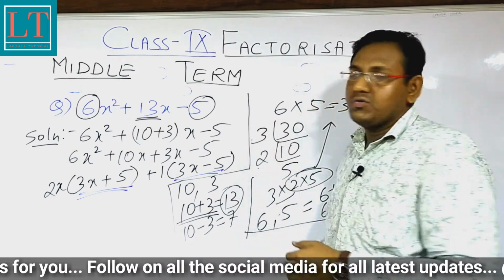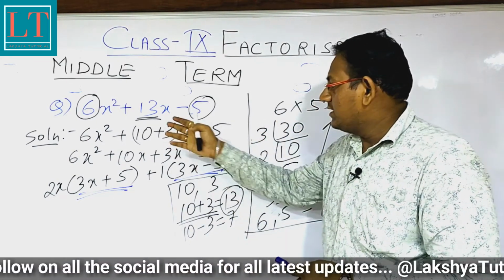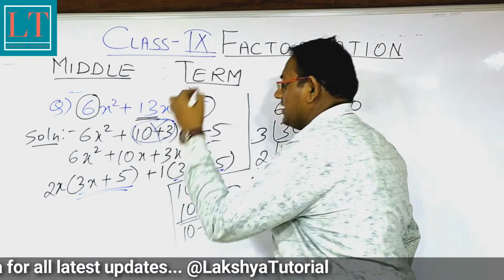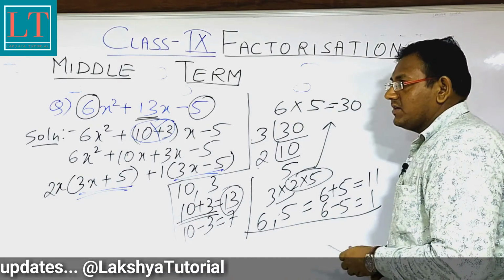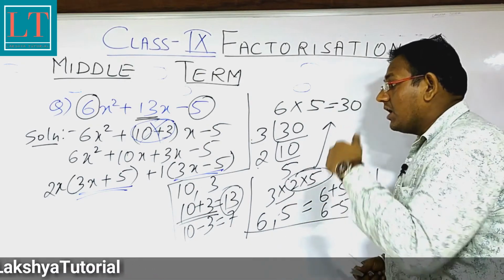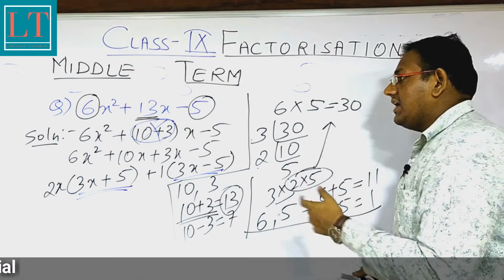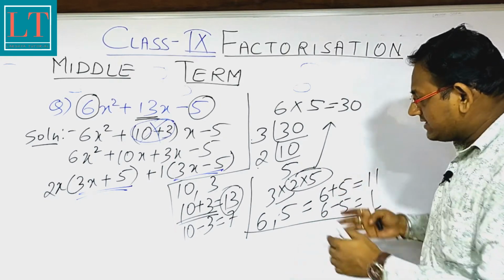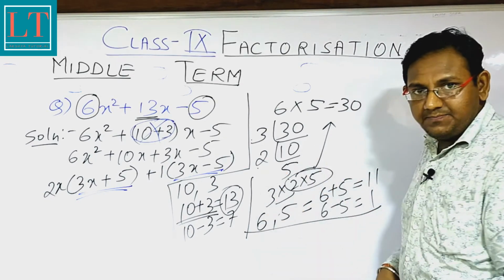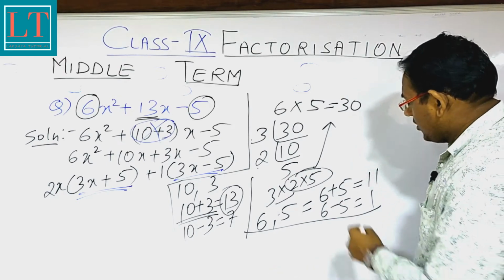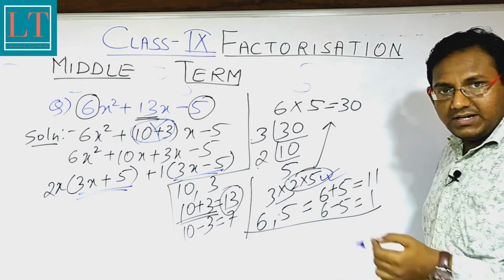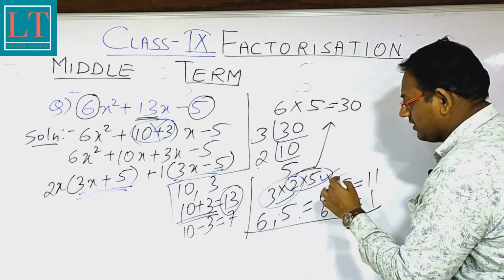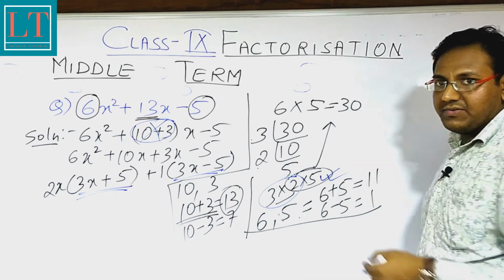So what you need to do over here, we cannot write this 13 as 10 plus 3. This cannot be written. So what do we need to write? For that, let us think about a few more factors that we left over here. So what is the factor that we left? We have already discussed 10 and 3 by pairing 2 and 5. We have already discussed 6 and 5 by pairing 3 into 2 and keeping 5 separate.